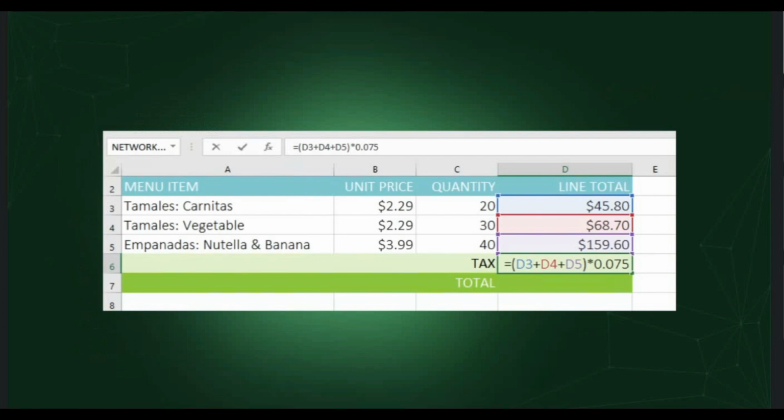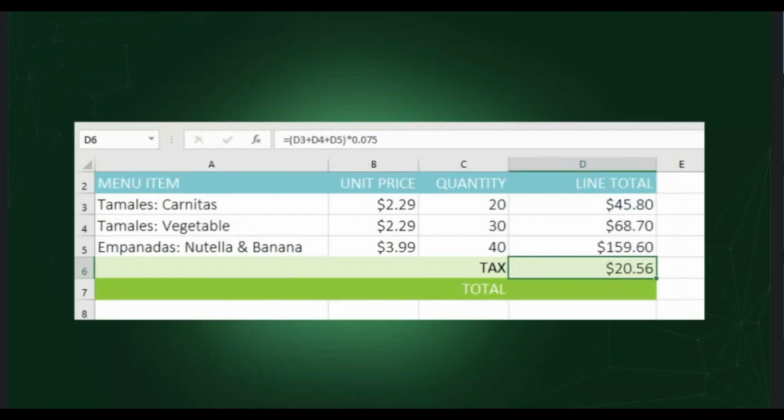Yan, so sa example natin dito, Excel followed the order of operation, and it first adds the values inside the parentheses. So inadd niya muna yung D3, D4, D5, and then it multiplied the value by the tax rate, yung 0.075. And the result will show that, yan, next po. Sa ganito, 20.56. Pero kapag wala siyang parenthesis, dun sa next slide,